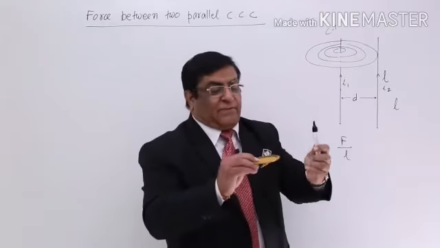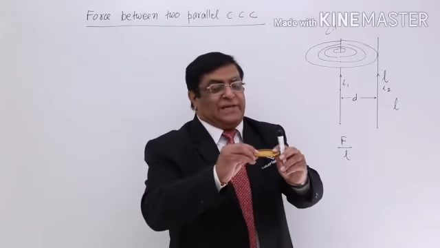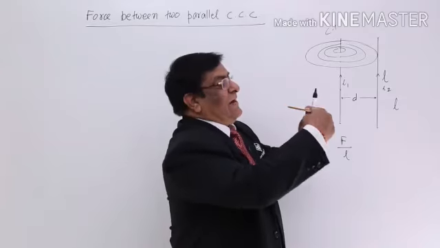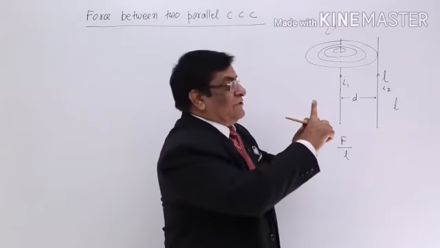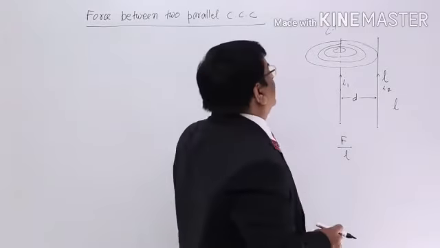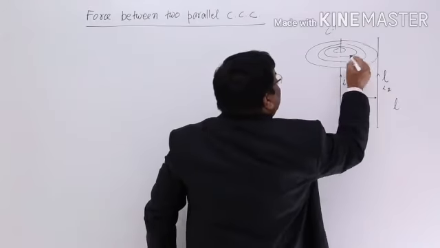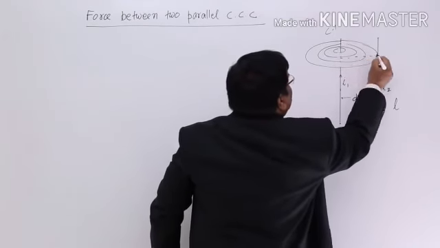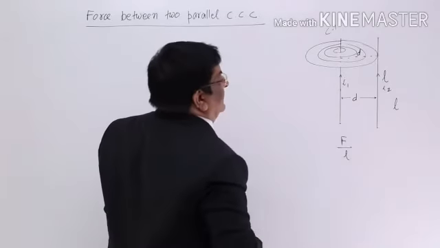Now, this is the conductor and the magnetic field is touching it here. What is the direction of this magnetic field? The answer is, at right angle to this current. And this is what we want, that the motion of electric charges should be at right angle to the magnetic field. Okay, first thing, how much will be the magnetic field strength created by conductor number 1 at this point, which is at a distance of d?